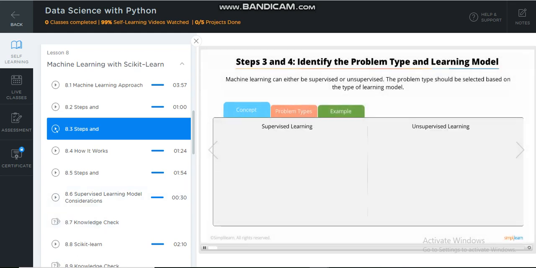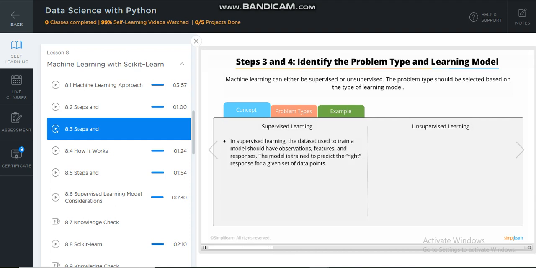You have already seen the dataset for XYZ firm, which has observations, features, and response. In supervised learning, all three of them are used to create and train a model to predict the right response for a new set of data points with similar features. Its main objective is to predict the outcome by generalizing the data and applying the generalized rule to the new